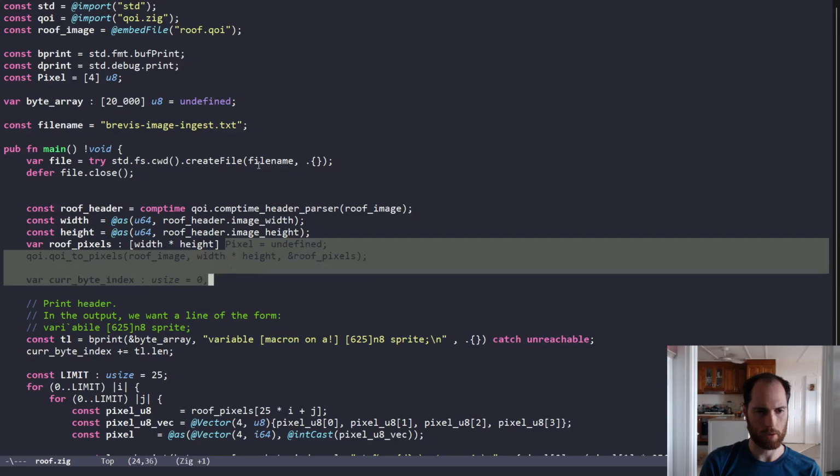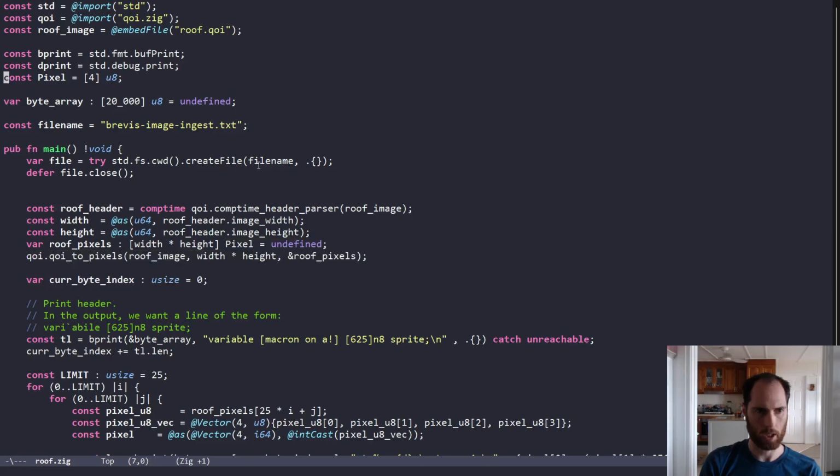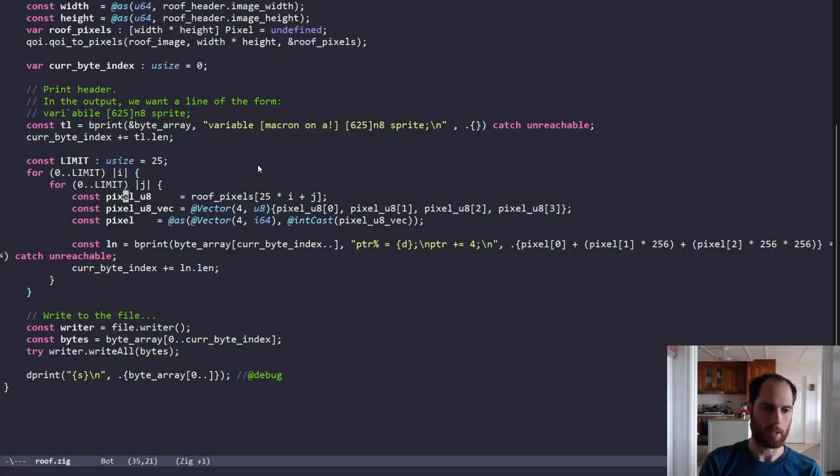Each of these pixels is themselves basically like a vector, a constant length array of U8. It really should be a vector. And so as we iterate through all of these pixels, what we want to do is,